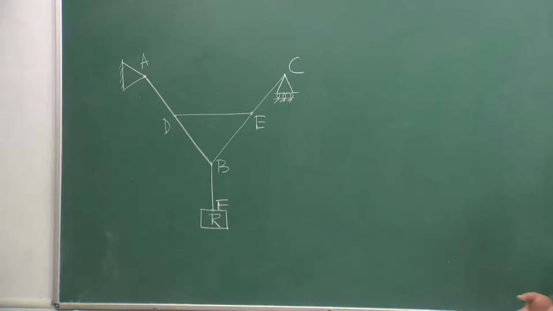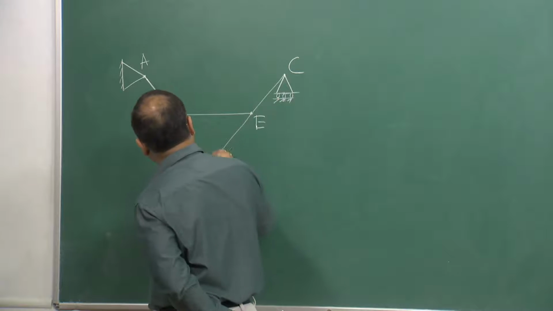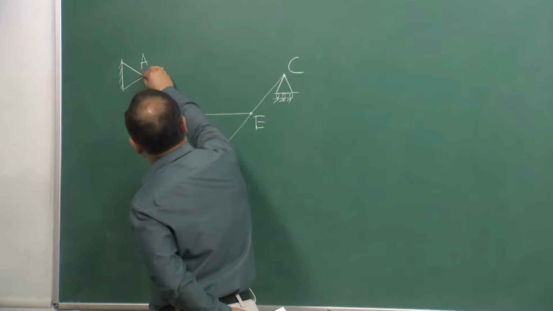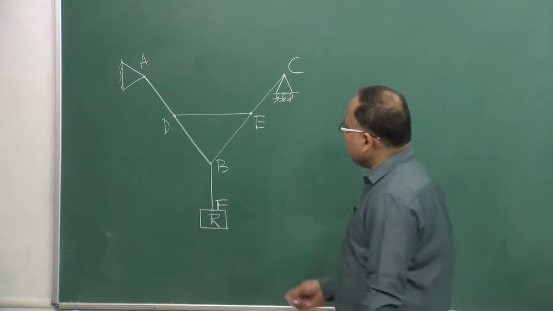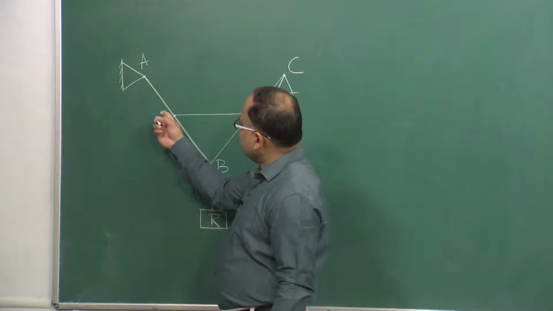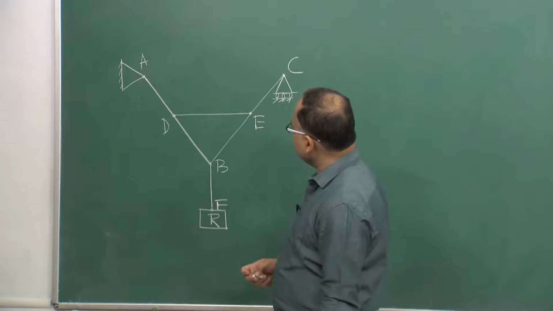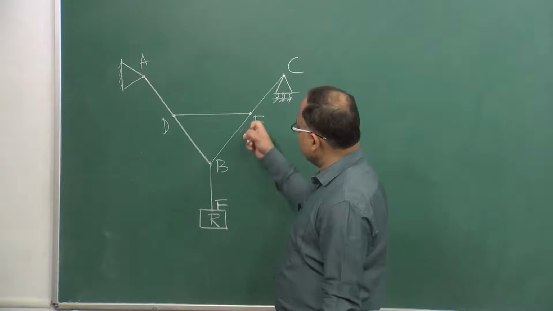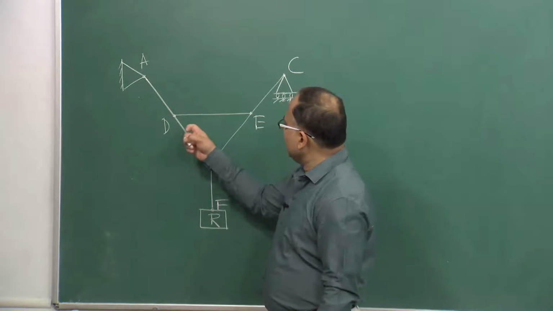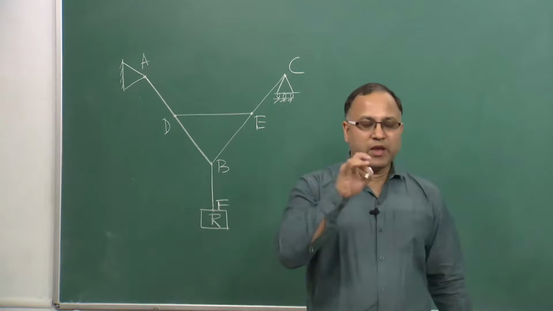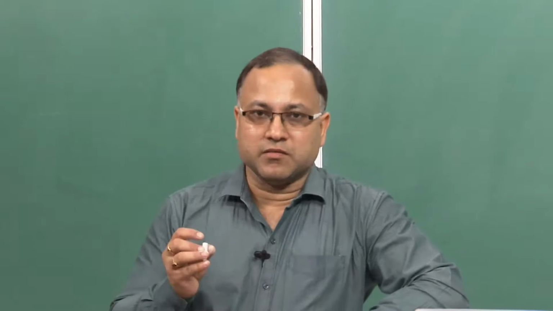All these members, so these are joints. Okay. These are all joints. Now, how many members do we have in this frame? We have AD one member, DE another member, EC another member, DB another member, EB another member, and BF. So, 1, 2, 3, 4, 5 and 6, there are 6 members which are connected by some frictionless pin,